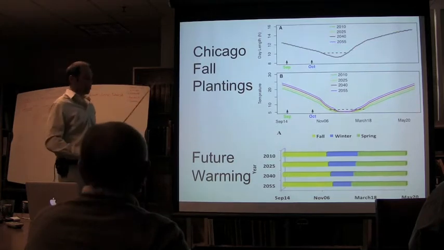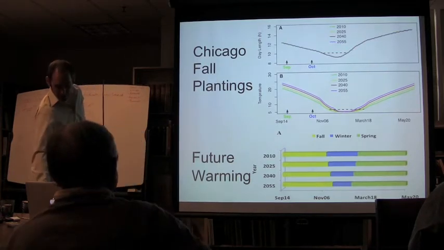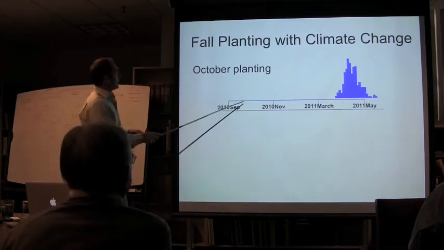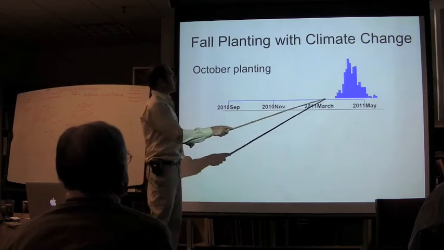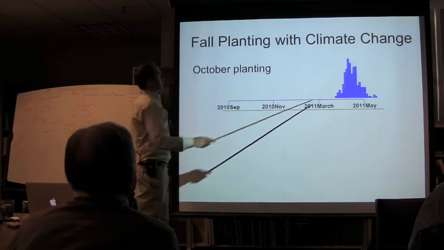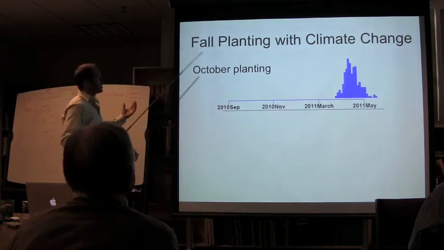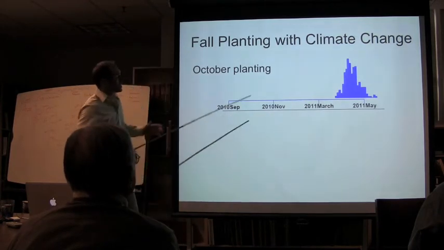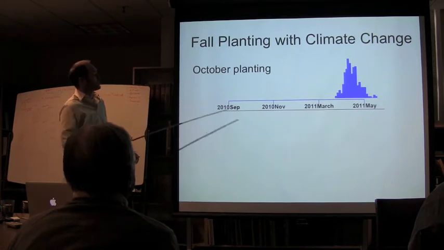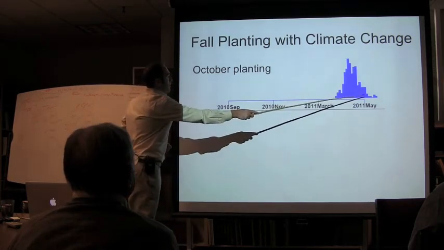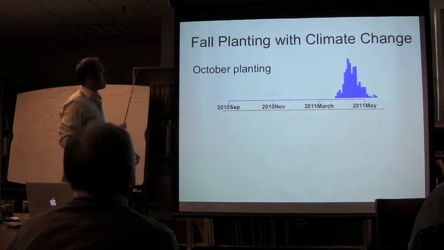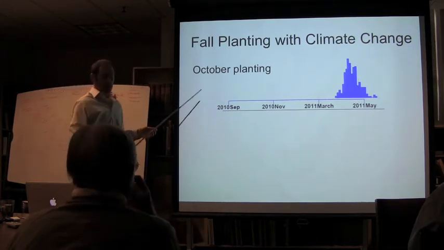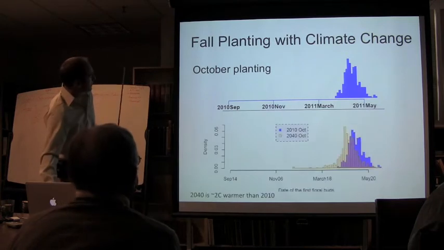So we put our global HapMap set of lines into these environments, measured flowering time, and lo and behold, October contemporary planting conditions, nice tight distribution. So again, this global diversity set is showing very little phenotypic diversity. It's hidden by the environment here: between middle April and May, the whole set flowers. But what happens in the warmer conditions? Might we see the other life history strategy coming out?